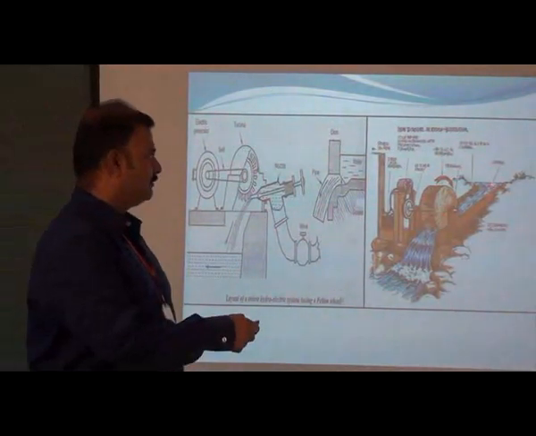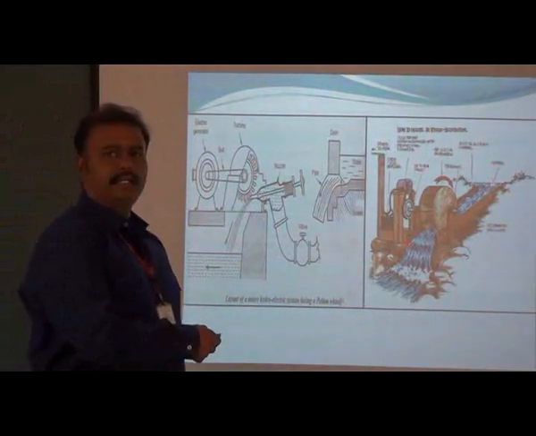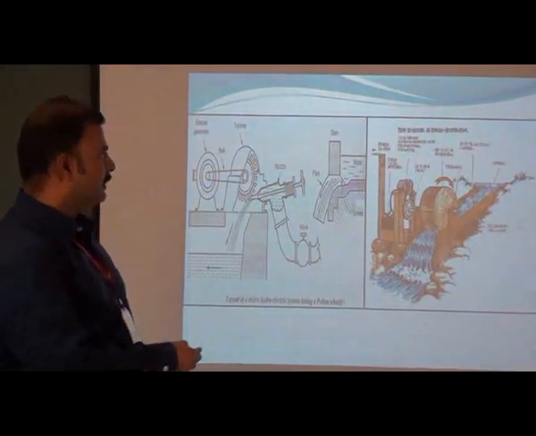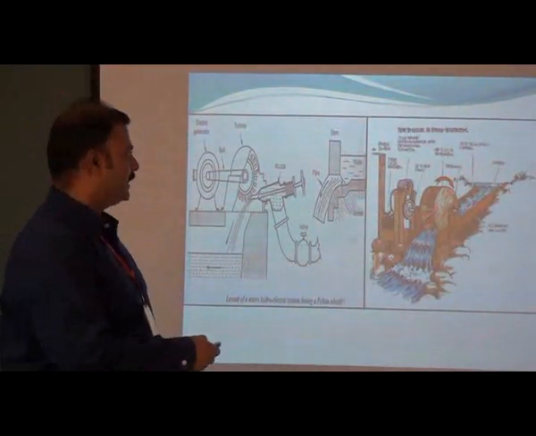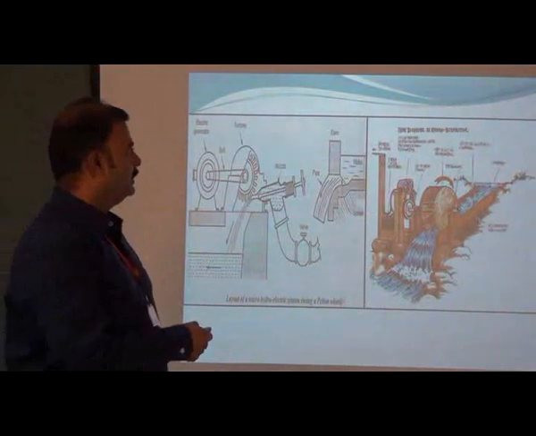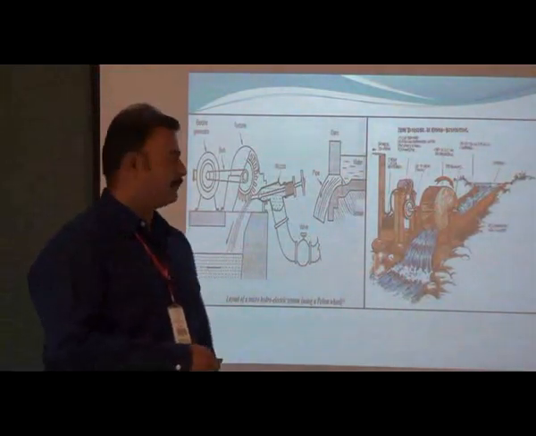When the water is coming from the higher level to the lower level, automatically it has kinetic energy. It is used to rotate this wheel so that the kinetic energy of the water is converted into mechanical energy, and this wheel is coupled with the generator so that electricity is produced. This is about the micro hydroelectric power plant.